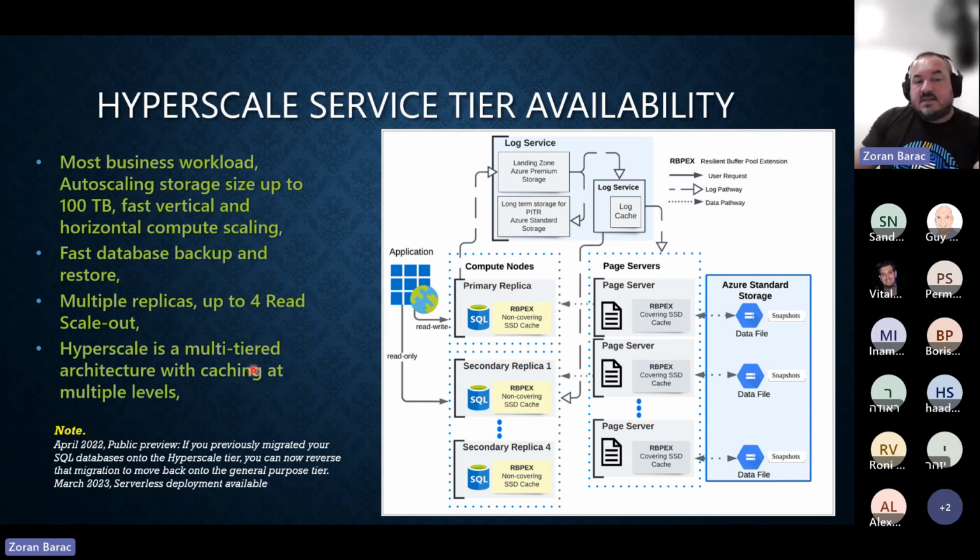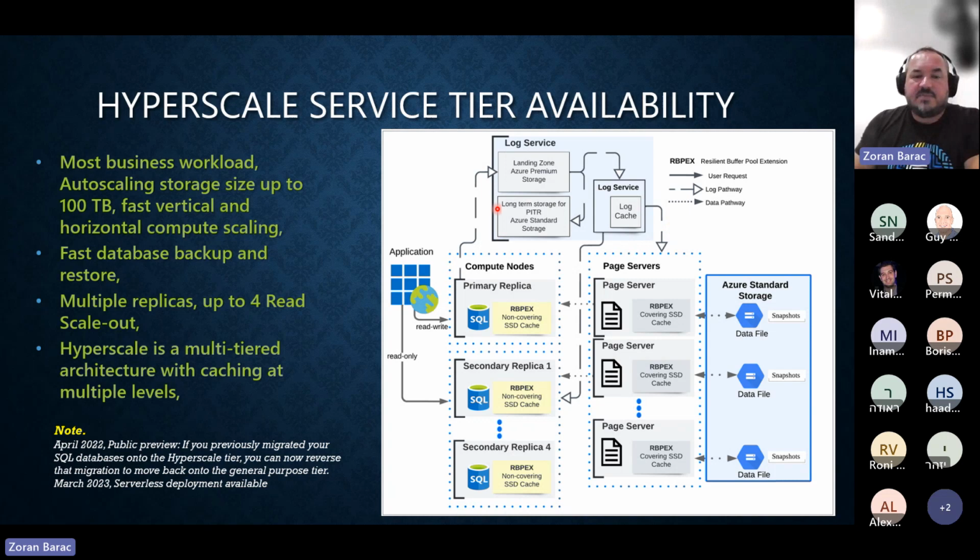And the hyperscale, as we already mentioned, is a multi-tier architecture actually relying on these 2 tiers here mostly. Those are the caching layers, which you actually want to get your data from. You don't want to read from Azure storage because obviously it's a slow way to access data. And one example here, we have a note in April 2022: before that, you couldn't migrate back to any other deployment.